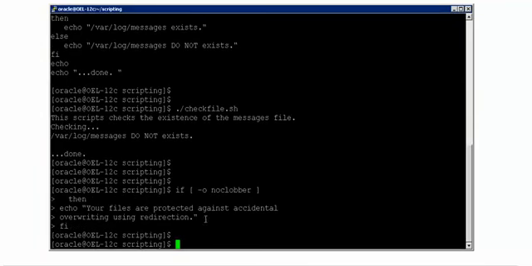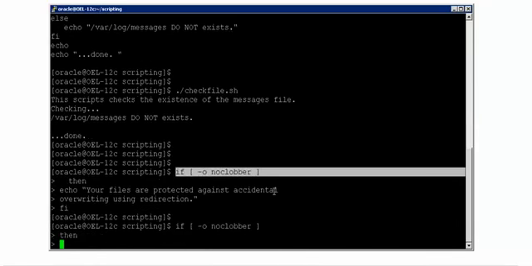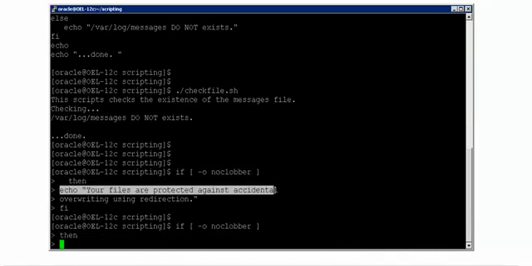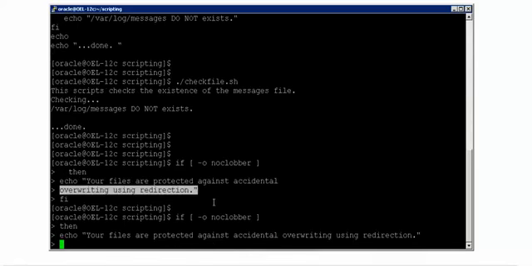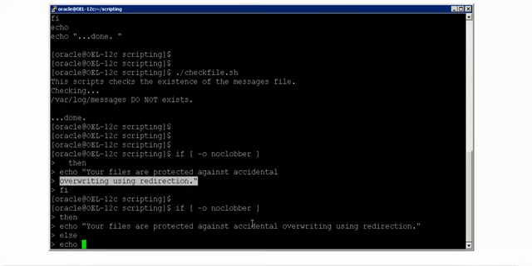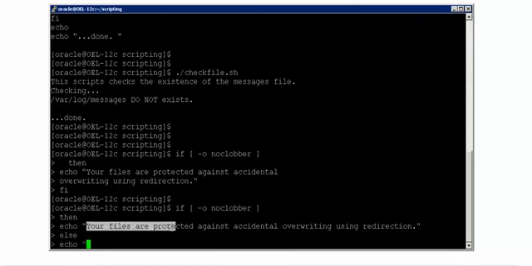You are just running it outside the script, and as you see here, there is no else clause. If you wanted an else clause also, see here what you do. That means your script is not protected actually at the moment, and if you see noclobber, then it is protected. If you don't see noclobber, your files are not protected.